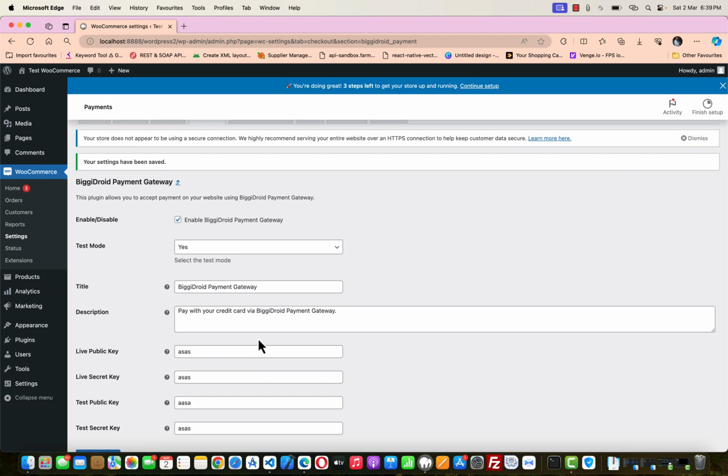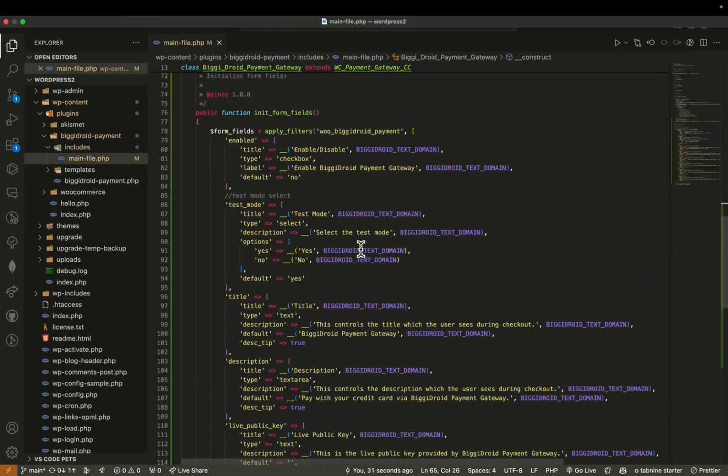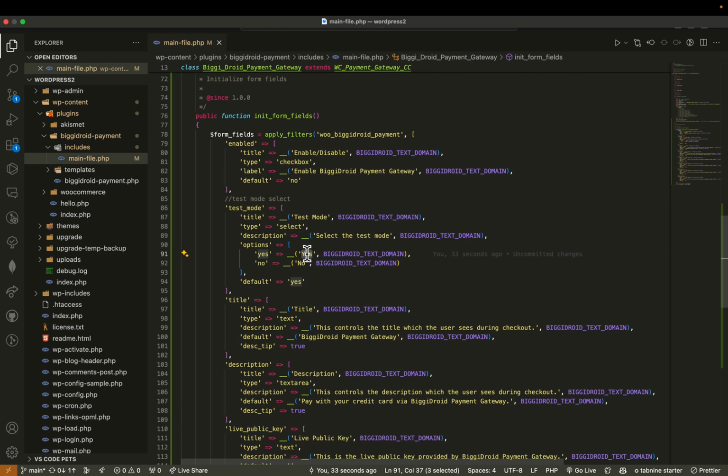So the next thing we are going to do now is to toggle on and toggle off the test secret key, or what's it called, test public key. That is, once it is test mode, we only enable test keys. When it is test mode off, that is no, we enable the live public key. And we can also change this to live and test. So test mode, yes or no, or we can just change this to